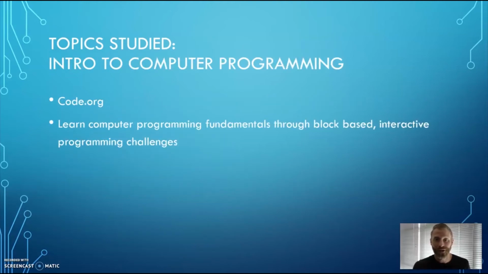We also do a little bit on computer programming. We use a site called code.org, which is a really basic introduction to computer programming, and you're just going to learn the basic fundamentals through kind of a block-based structure where you don't have to type any actual code, you're just dragging and clicking blocks together, and you do these little interactive programming challenges based around some things you might be familiar with, like Minecraft or Frozen, or like programming different songs you might like, just to learn the very